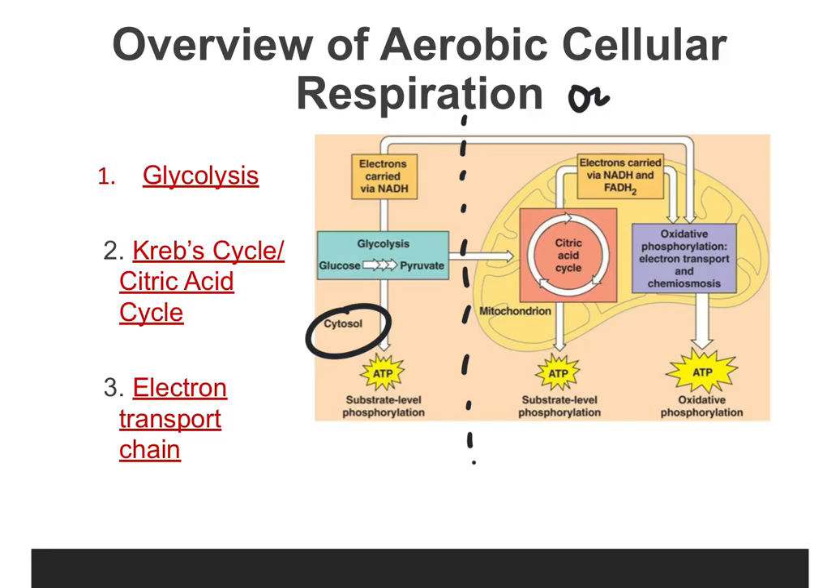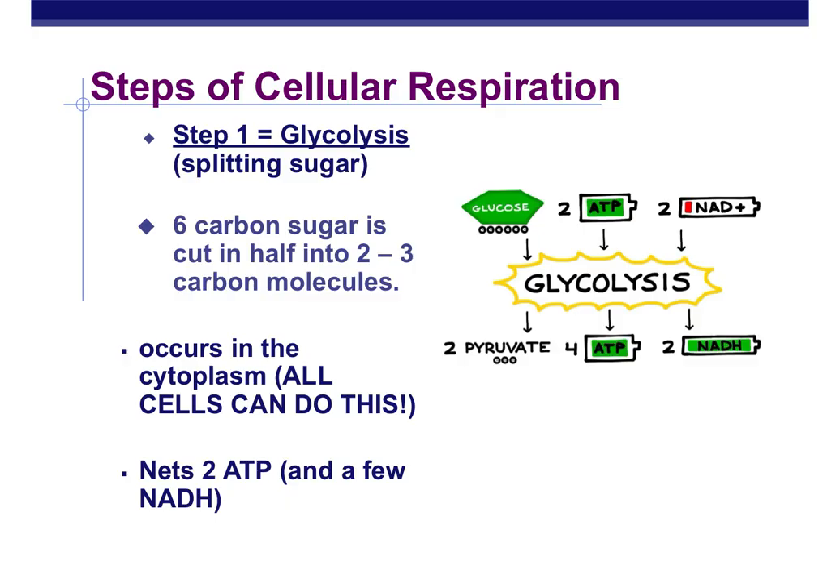additional step where you go through the citric acid cycle and end up going through this electron transport chain to do oxidative phosphorylation to make a good amount of ATP. So let's jump into it. Whether you're doing anaerobic or aerobic, the first thing that we're going to be doing is glycolysis, which simply just means splitting sugar. So we're taking that